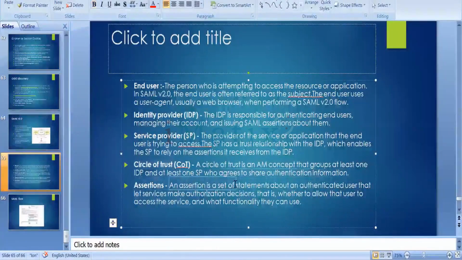An assertion or session is a set of statements. It's like a set of statements. I'll show you when we get the session how the session looks like. The session will look like an XML file, right? The XML file contains all the user's information and the level of the authentication. When we test this issue,